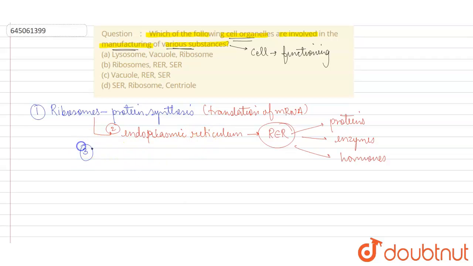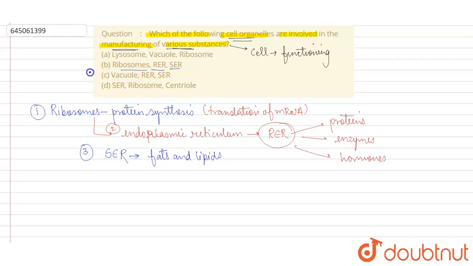And the third is also a type of endoplasmic reticulum, but in the absence of ribosome, it is known as smooth endoplasmic reticulum or SER, which is majorly associated with the synthesis of fats and lipids. Okay, so these are the three major organelles. All of them are basically also associated with synthesis of different carbohydrates and different compounds. Okay, so we can say that ribosomes, RER and SER are the three major organelles which are associated with the